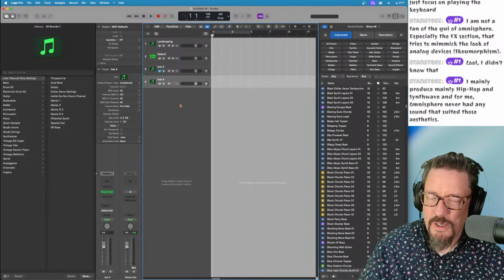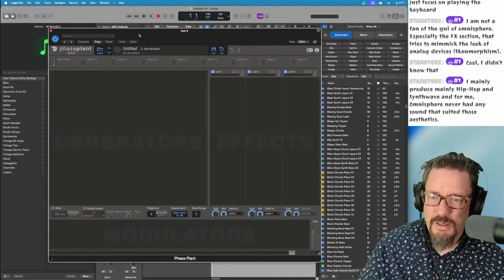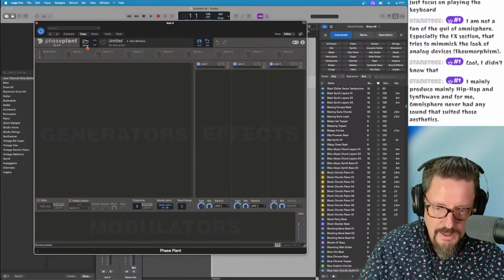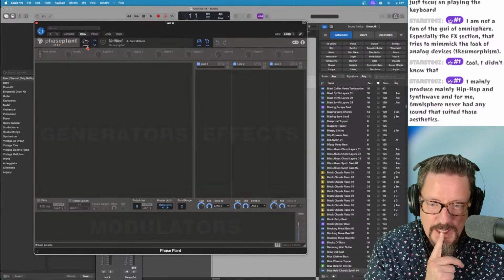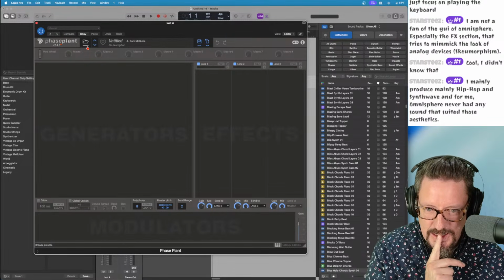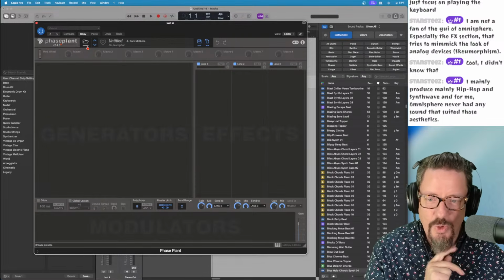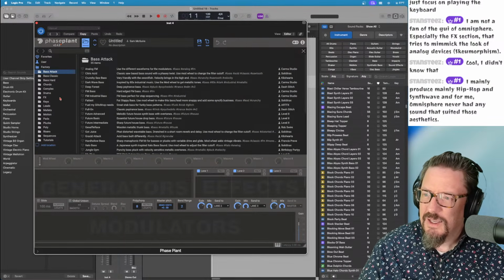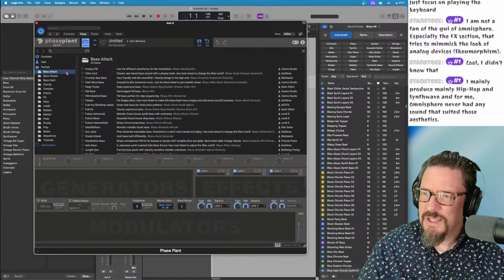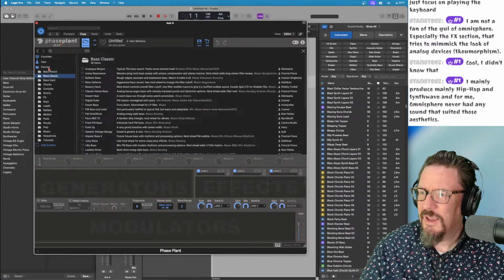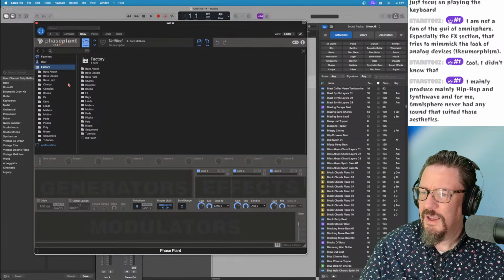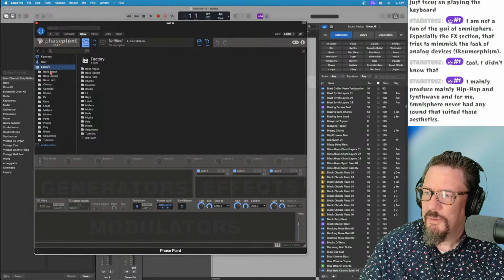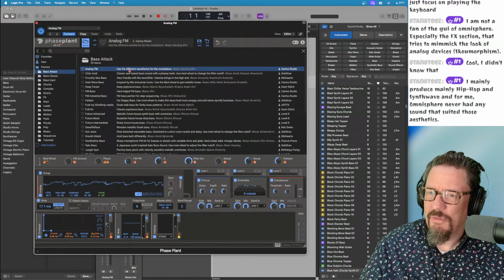From Kilohertz. Oh my gosh, this thing. This thing speaks to me in a way that I wish Logic had an instrument like this. I don't know how many presets they have. But they have.